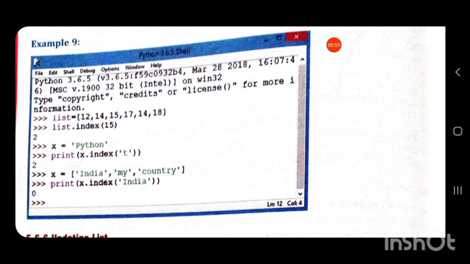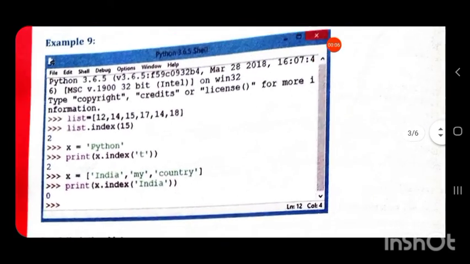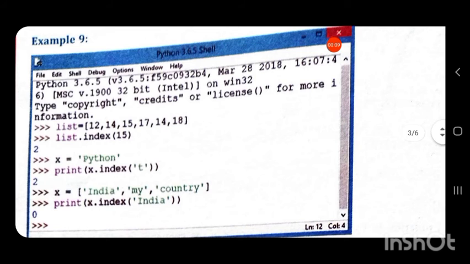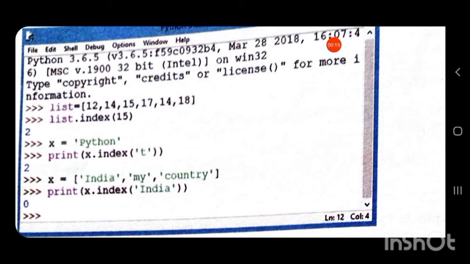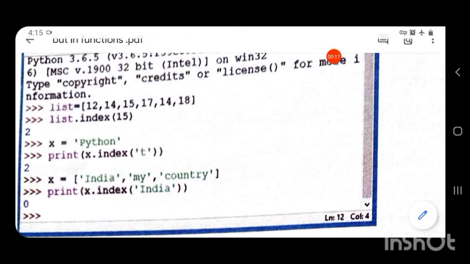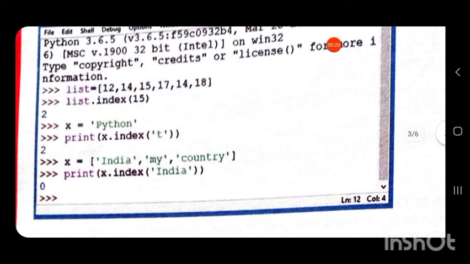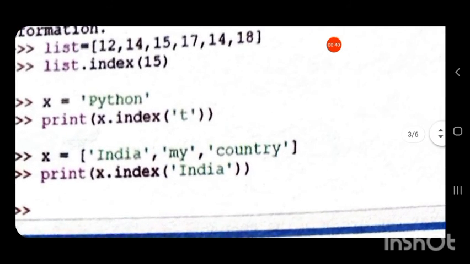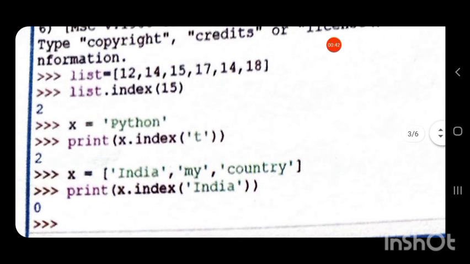Let us see. We have a string x equal to, in single quotes, python. The string is always enclosed in single quotes. Then when we print x dot index in brackets t, t is an element of x. The index function will return the index position of the element t.